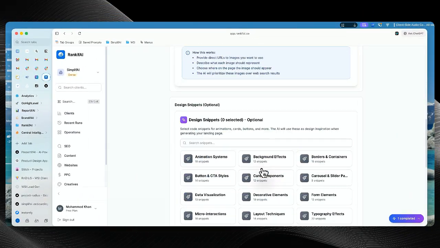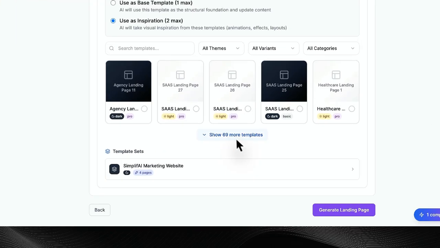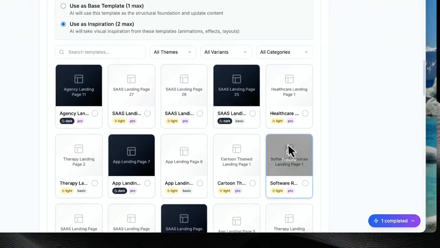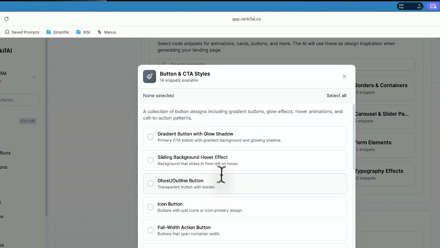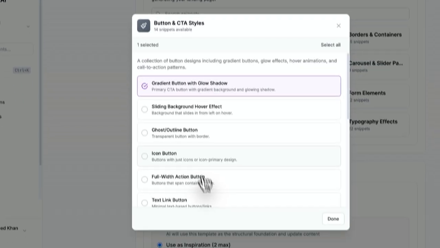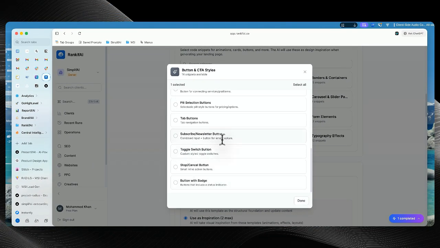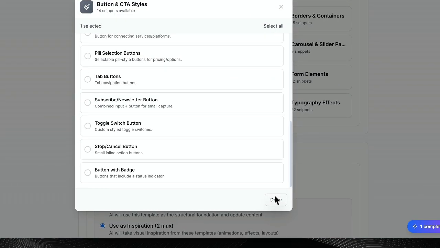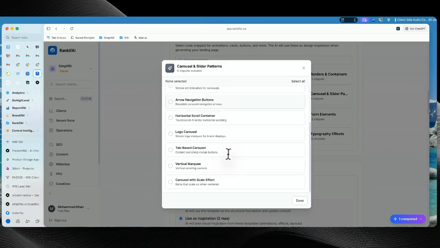And then I'm going to scroll down, and I will choose some pages as inspiration. Actually, instead of that, because we already have a design, we might just want to add some snippets here. So maybe gradient buttons. It's something that we can choose a couple of these styles. So that's fine. Let's do carousels. Let's see here. I don't know,